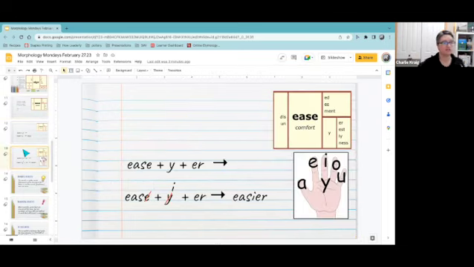The other one I wanted to talk to you about is the changing of the Y to I when we spell the word easier. So a couple of things are happening here. We've already talked about ease to easy. Y and I are like BFFs. So when you teach and talk to your students about vowels, and that's sometimes Y situation, this image here is a really great way to illustrate it to your students.